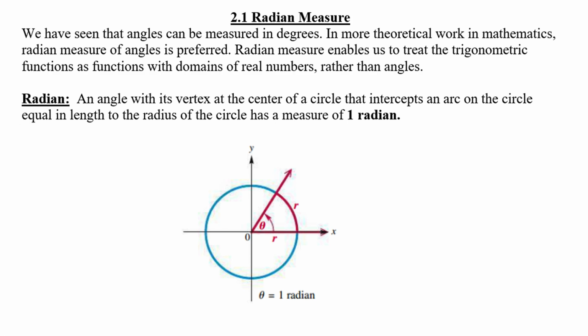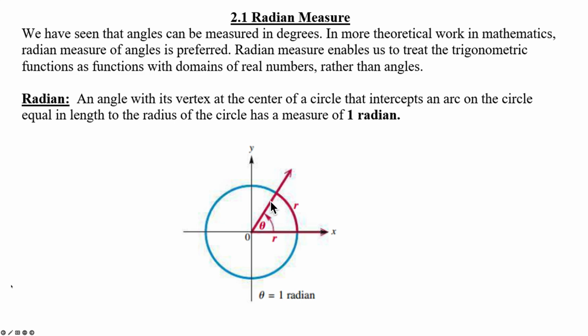2.1 Radian Measure. We have been working with angles measured in degrees, but in more theoretical work in mathematics, radian measure of angles is preferred. Radian measure enables us to treat the trigonometric functions as functions with domains of real numbers rather than angles measured in degrees. So radian, an angle with its vertex still at the center of a circle with an intercepted arc